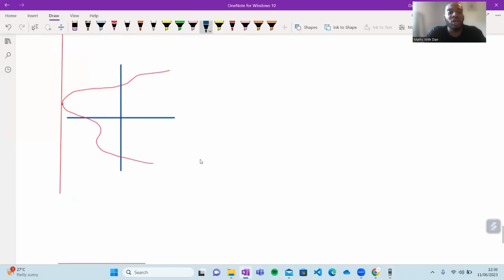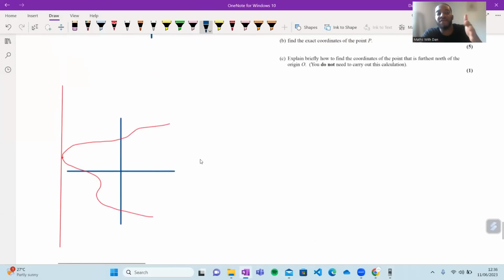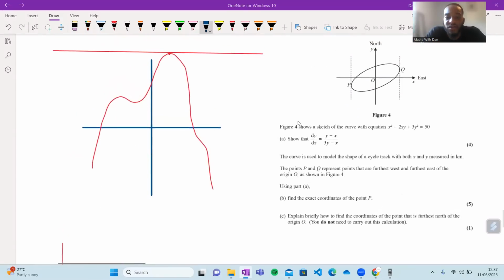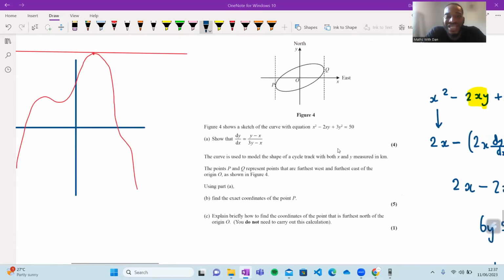Now, do we agree that at the furthest west point, sorry, I forgot my side, the tangent line is vertical now? Do we agree with that? Yeah, exactly. Good. So when it's asking us for the furthest west and furthest east,